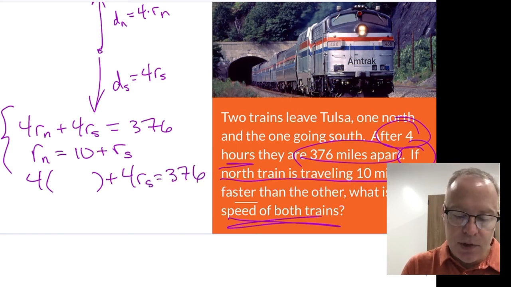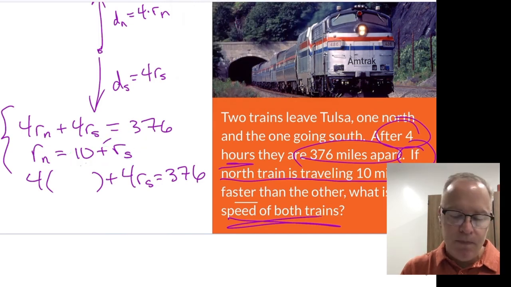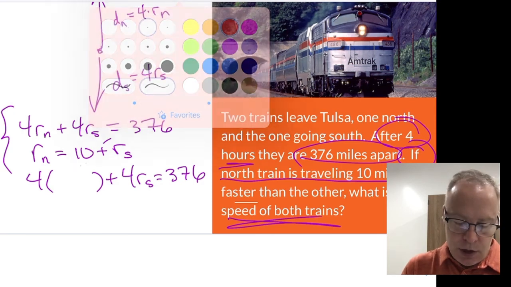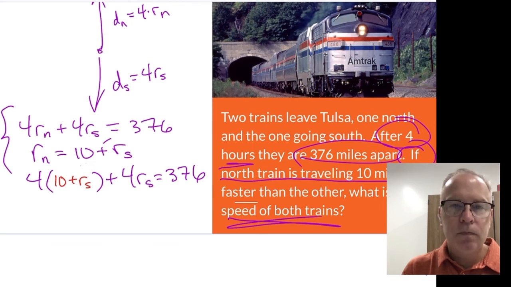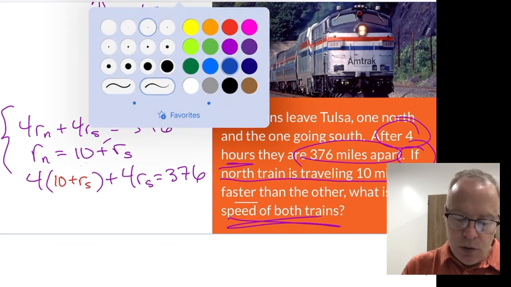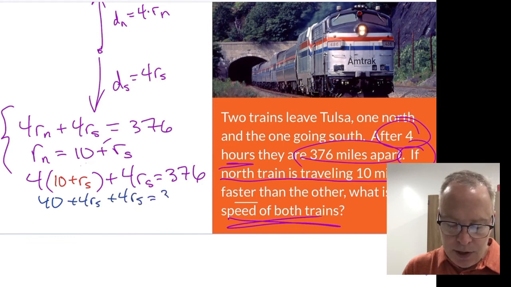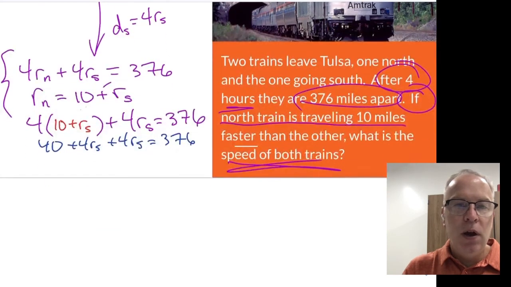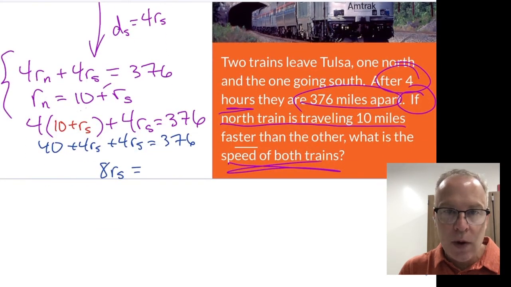Because I have that substitution, I can go ahead and plug this right in there because that's the same as R sub N. So here we go. I'm going to put that in, 10 plus R sub S. Now I'm going to do the distributive property, 40 plus 4RS plus 4RS equals 376. And we are home free, folks. We have 8RS. That means the rate of the southbound train, R sub S,